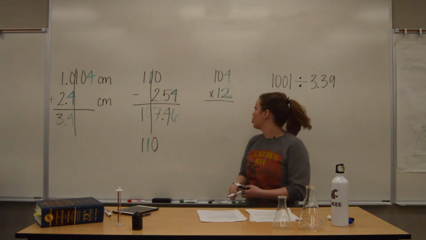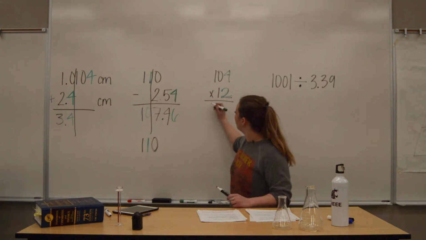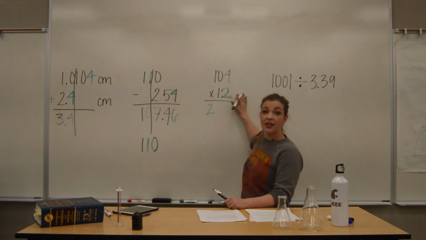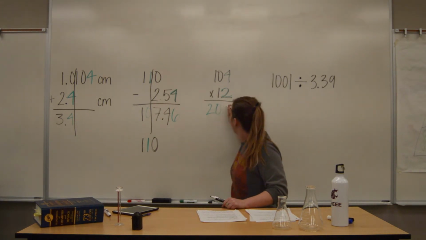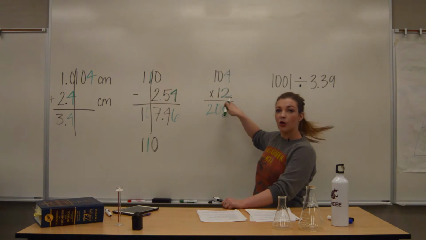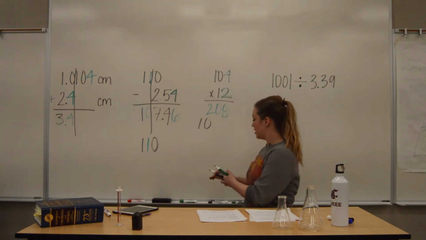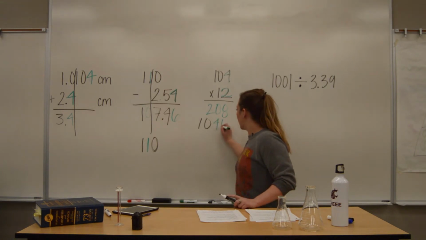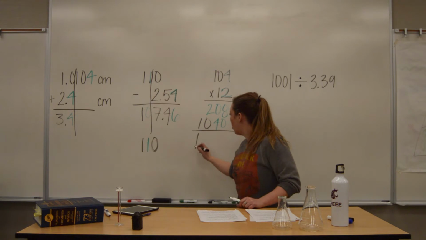Let's do the math and track it. 2 times 104, we're going to get a completely uncertain number because that 2 is now affecting all of these numbers, right? So 208, and then we're going to multiply 10 times 104 for 1,040. So add those together to get your final answer,